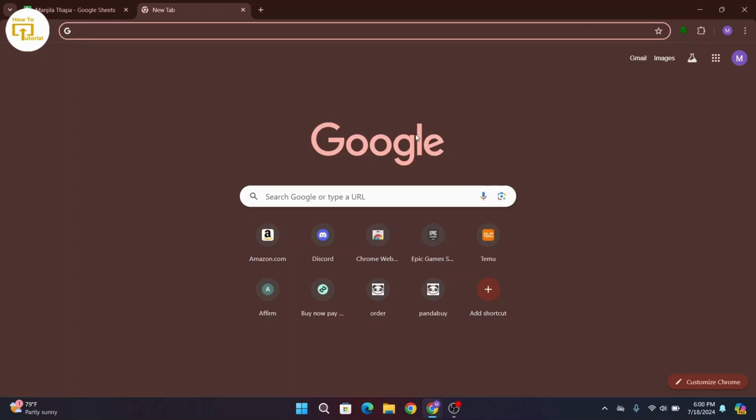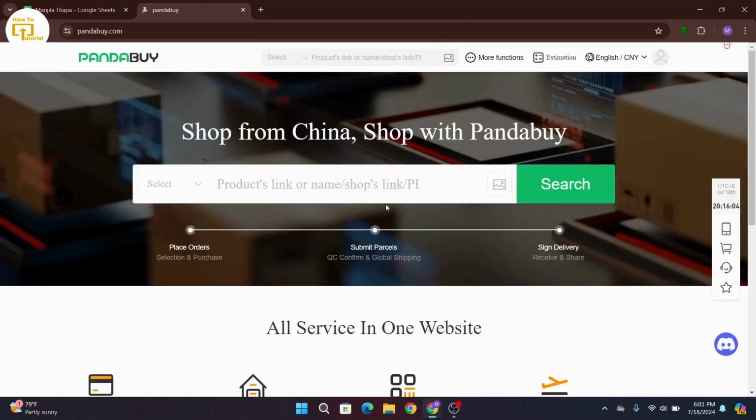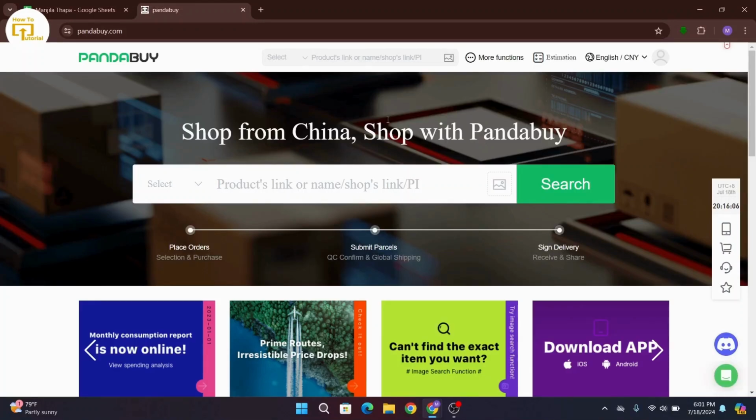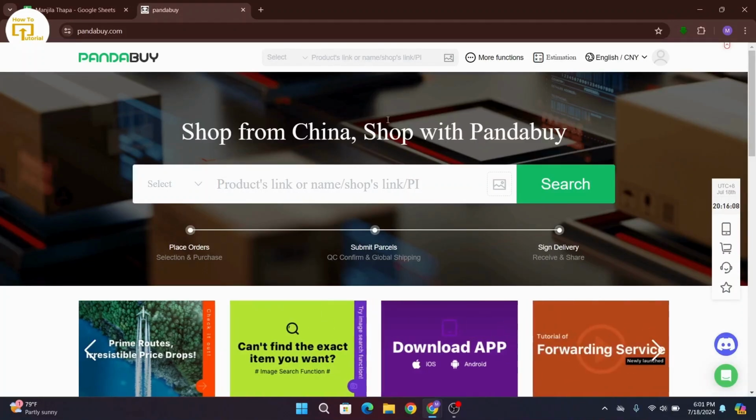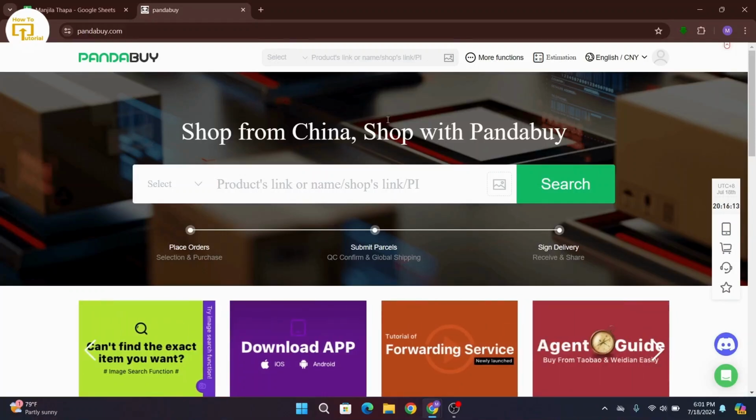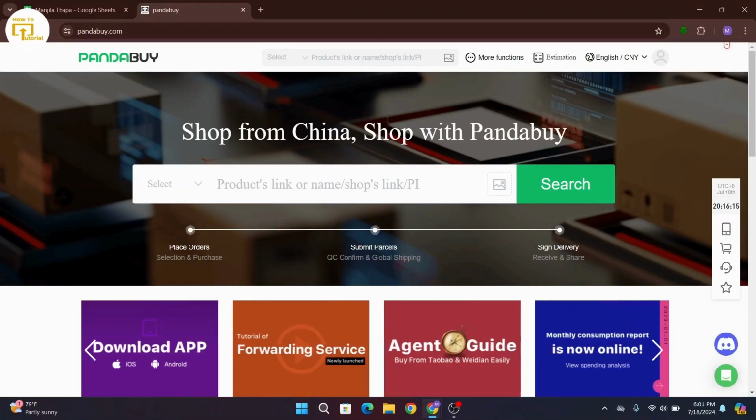First of all, in your web browser, type in pandabuy.com. Then press enter on your keyboard. That will take you to the official web page of Pandabuy. After that, make sure to log into your account, and once you're logged in and you get to this interface,